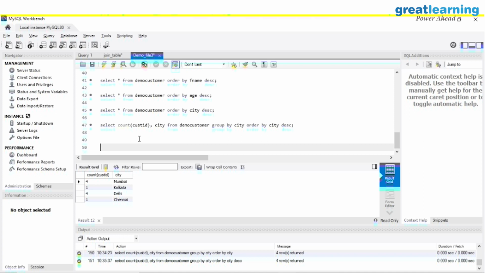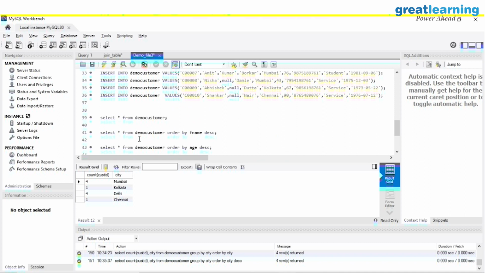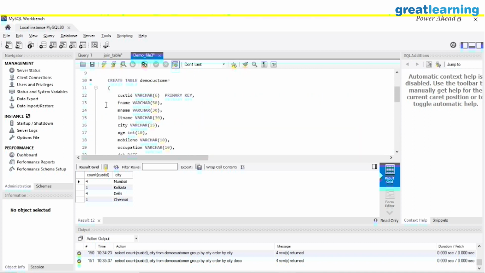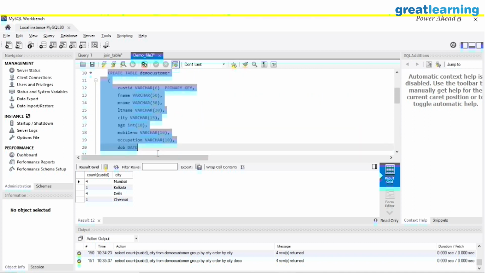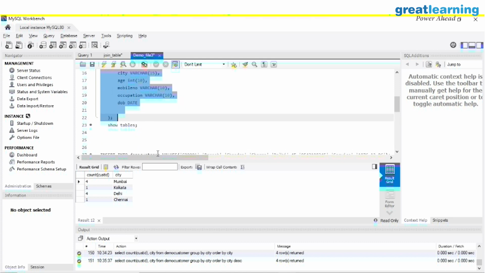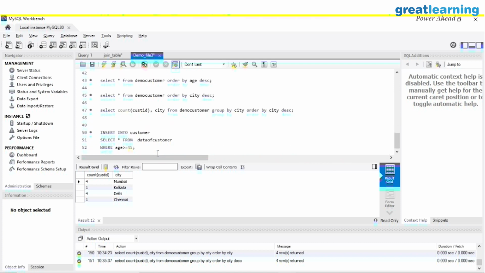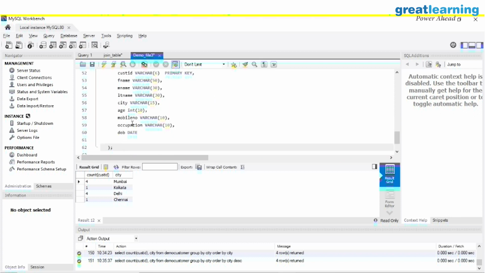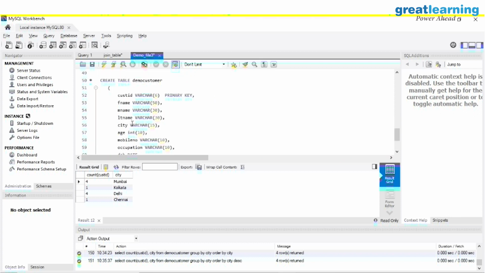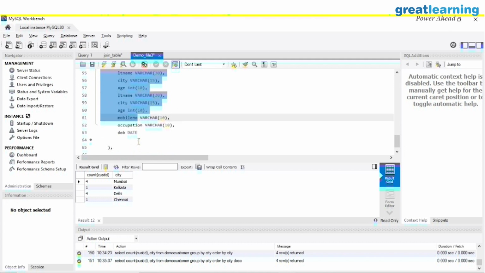So I have a table called demo customer, right? Here I am going to make a table again with the same structure, but we are not going to add all the data from that demo customer. Here my table name will be customer. Let me just create this.